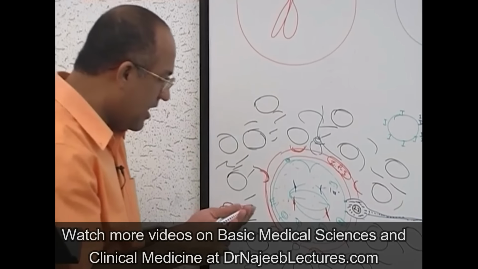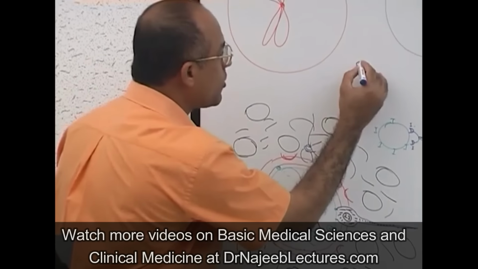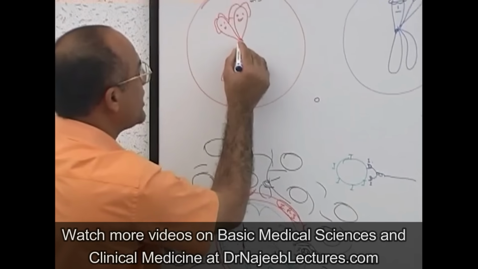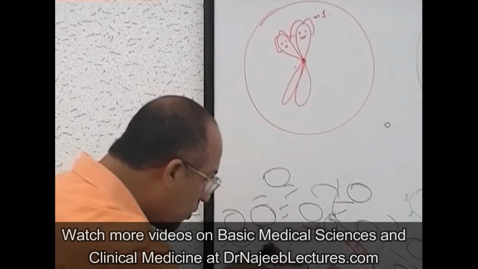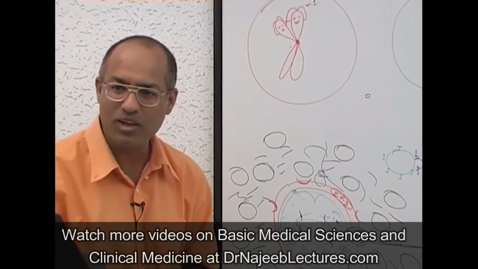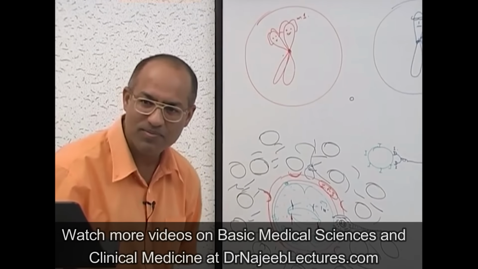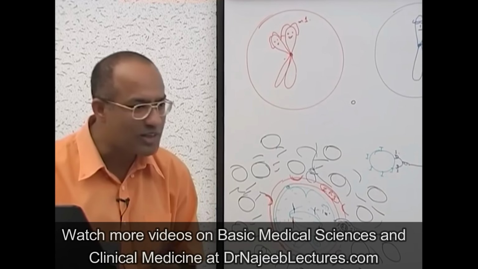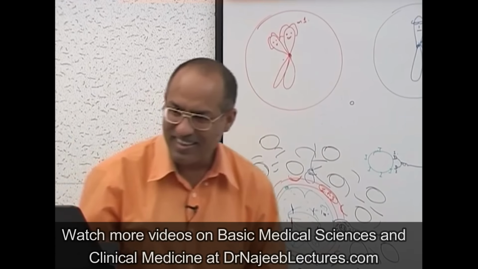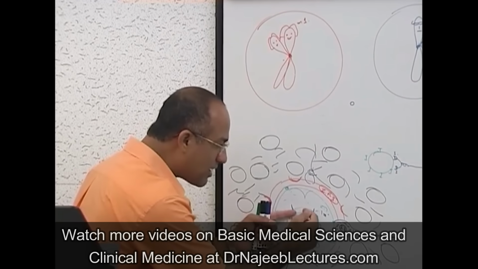One thing, initially this chromosome was a doublet. Suppose this was a doublet. Then it will split here. Then this will move on this side. This will move on this side. When they are moving, what are they called? 1 chromosome or 2 chromosomes? Then they are called chromatids. Have you heard of the term chromatids? Right? Now this is the movement of the chromatids.